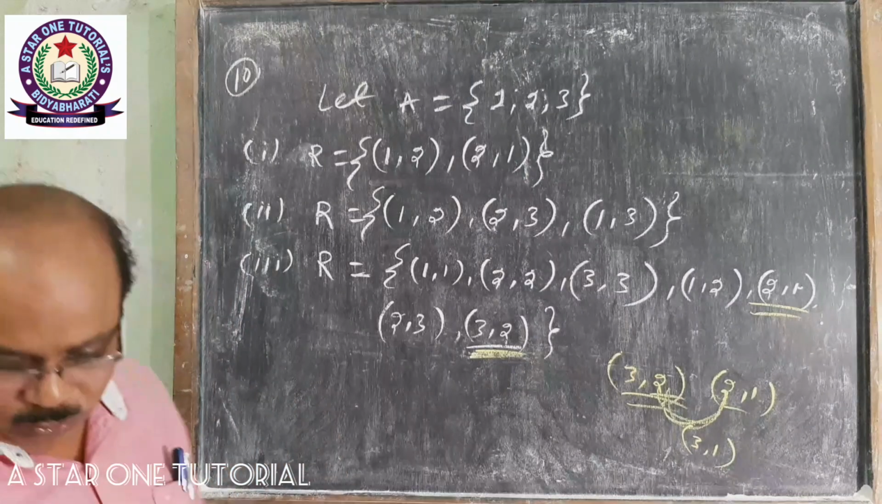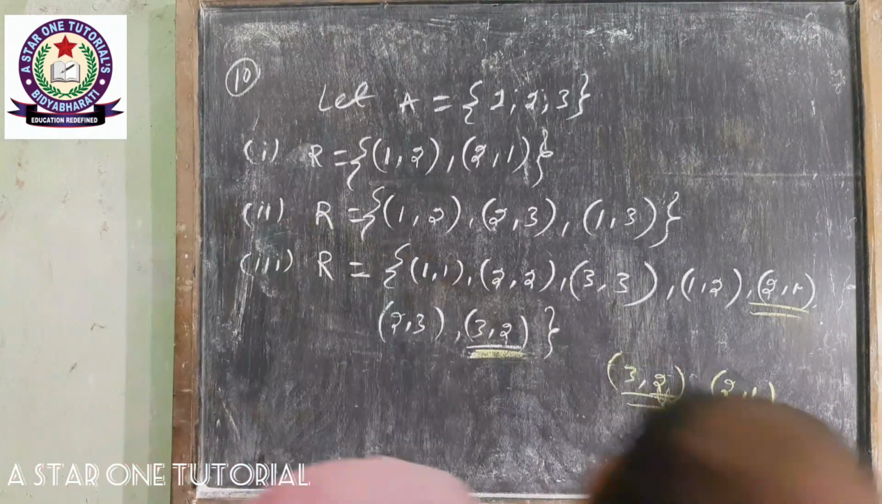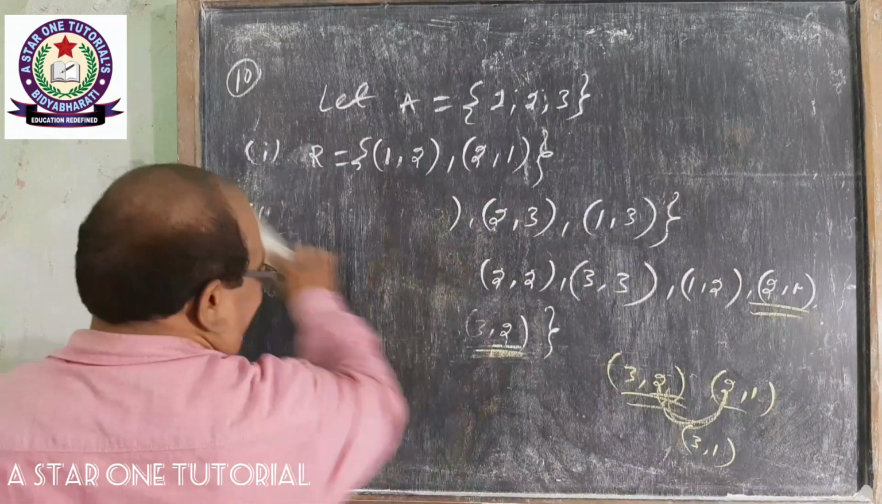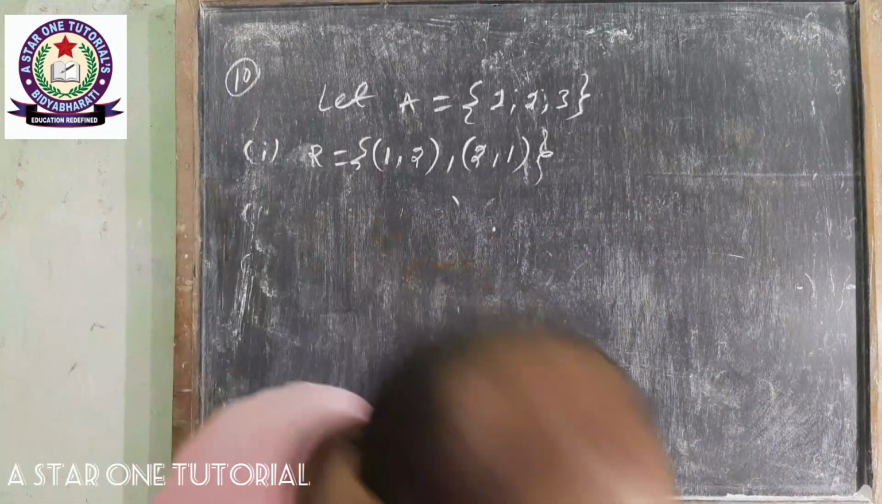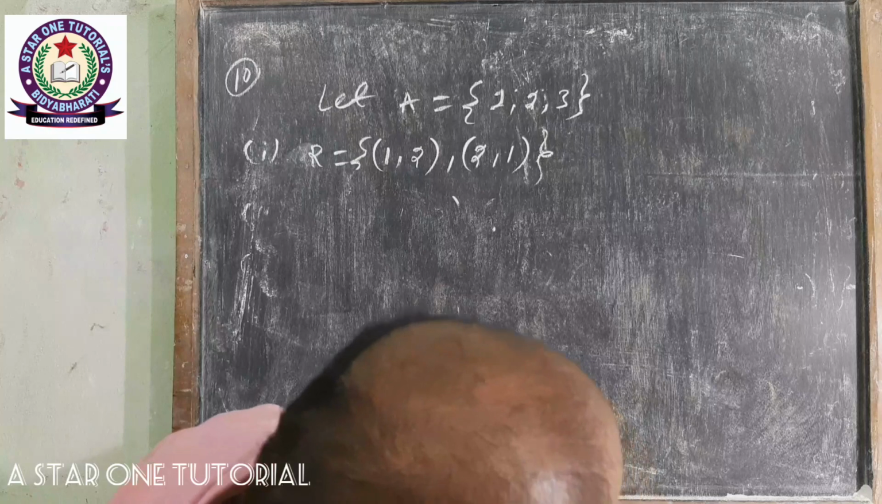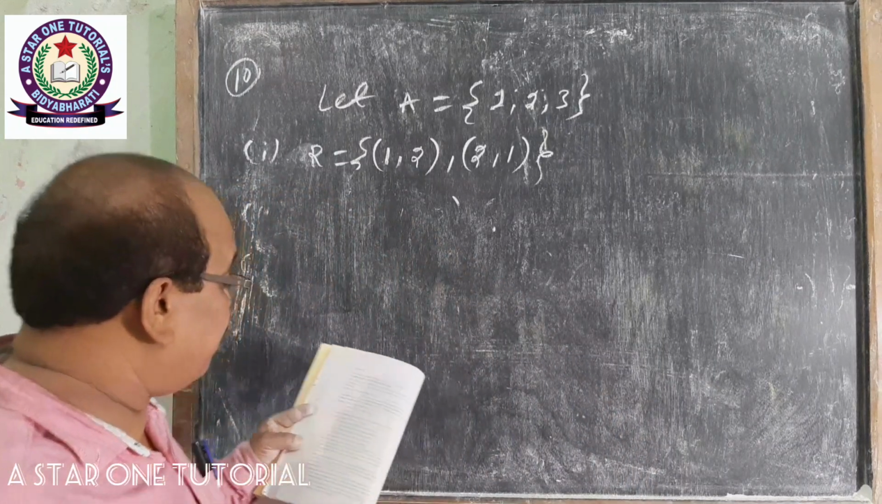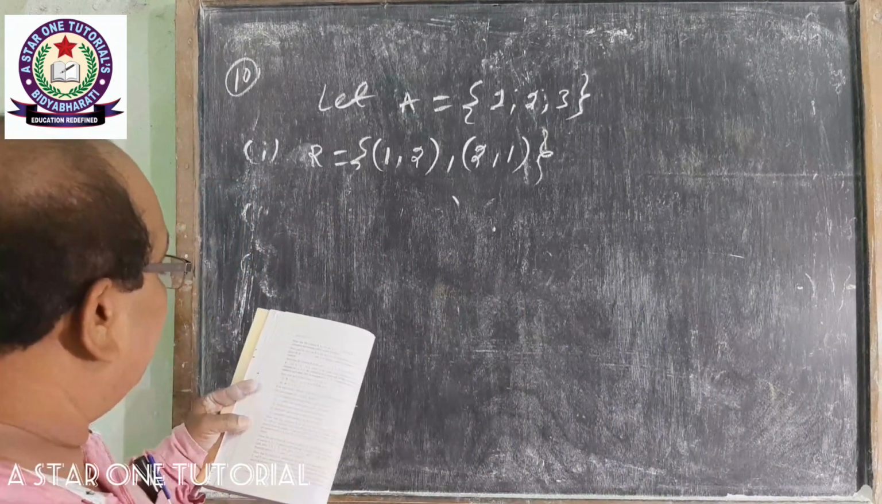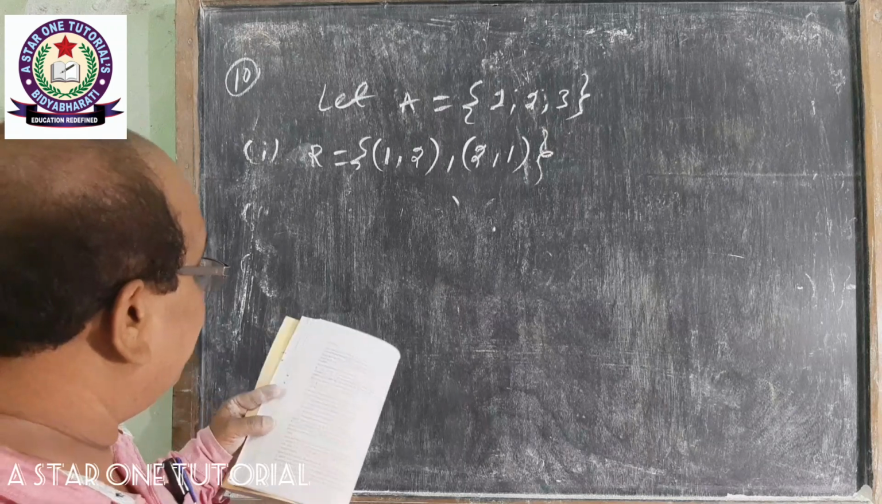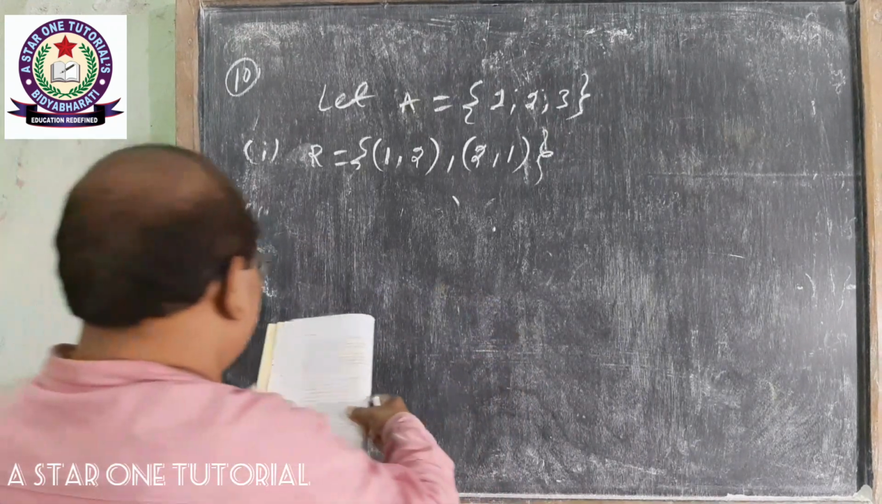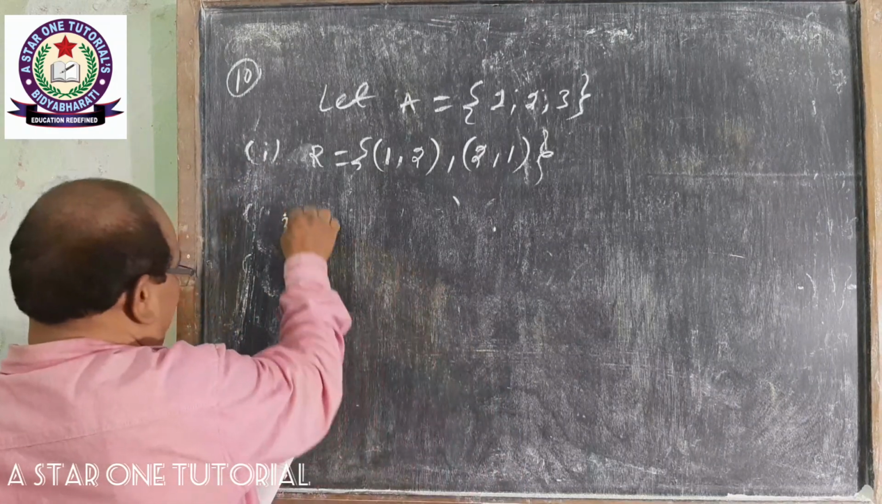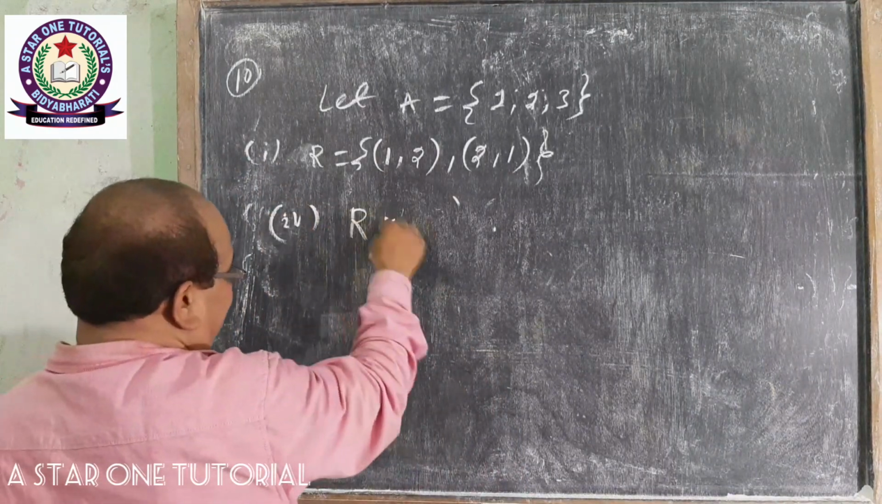Then come to the fourth one. The fourth relation should be reflexive and transitive, but not symmetric. Reflexive and transitive, but not symmetric. IV. Let R is equal to